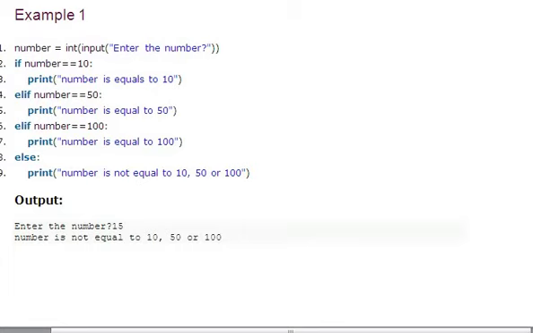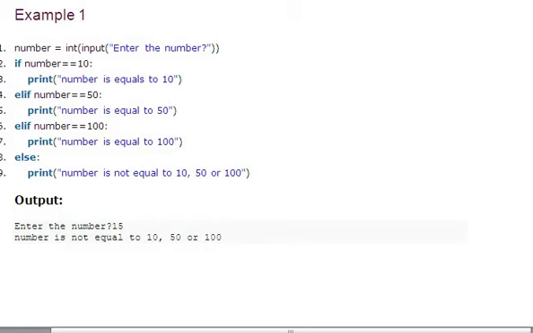So look at the program, look at the conditions. If number is 10, print number is equal to 10, elif number is 50, number is equal to 50, elif number is 100, number is equal to 100, else. If all the conditions are false, then we will come to line number 9, the statement after else: the number is not equal to 10 or 50 or 100.